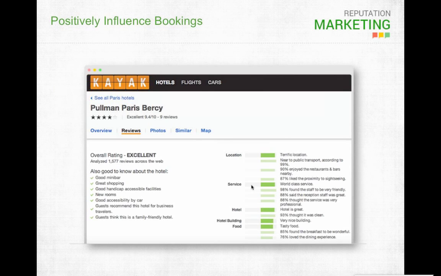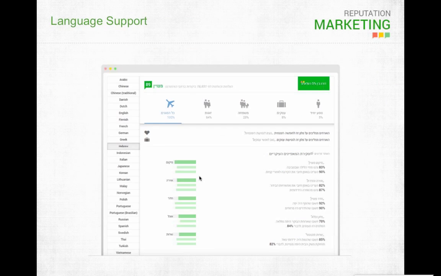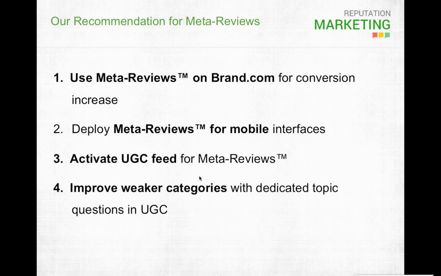So what that means in particular, we looked at the surveys in the beginning of the presentation, right? So you remember that open text box. Well, all of that data that you're collecting can have an influence directly on the meta reviews. So if I skip back here and I go to kayak.com, if you see that you had a low score in food, then you can start asking your customers to write a review about your food after you've made some